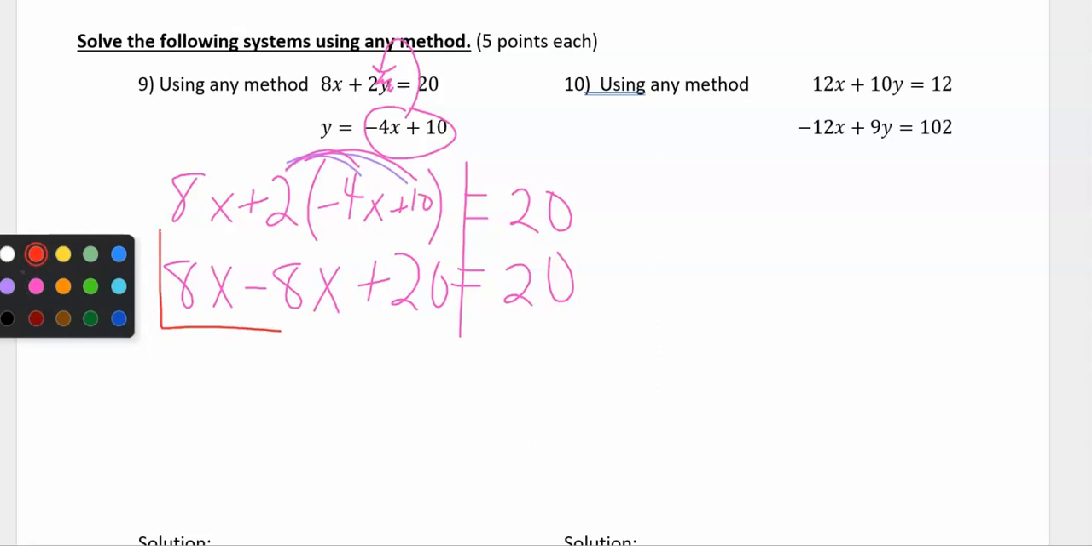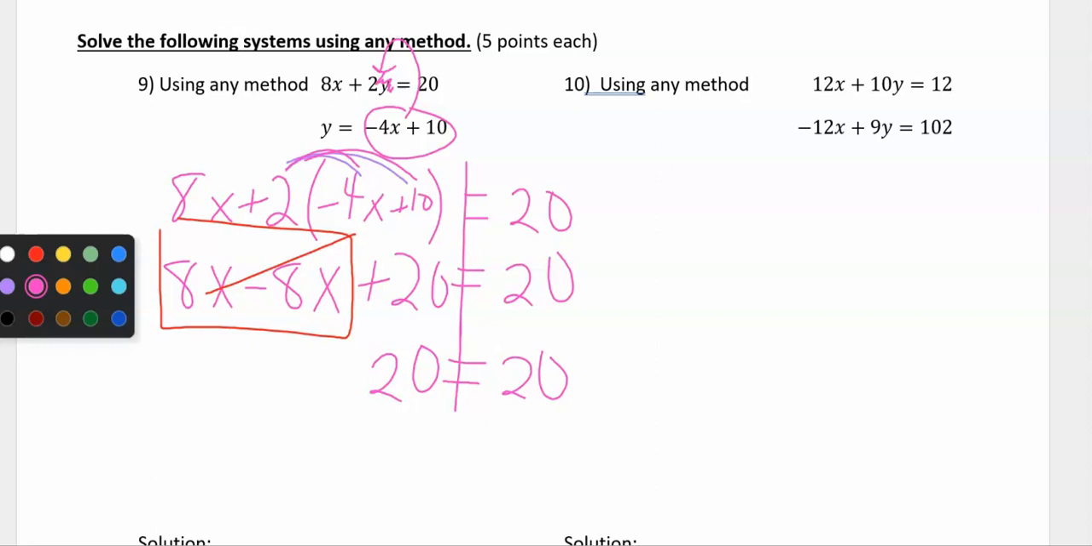Okay, now look what happens when I put the x's together. 8x minus 8x, that's 0 x's. Those eliminate, so that's gone. So I look at what's left. It's 20 equals 20. Okay, when the x's or the y's cancel out, it's one of the special cases, either